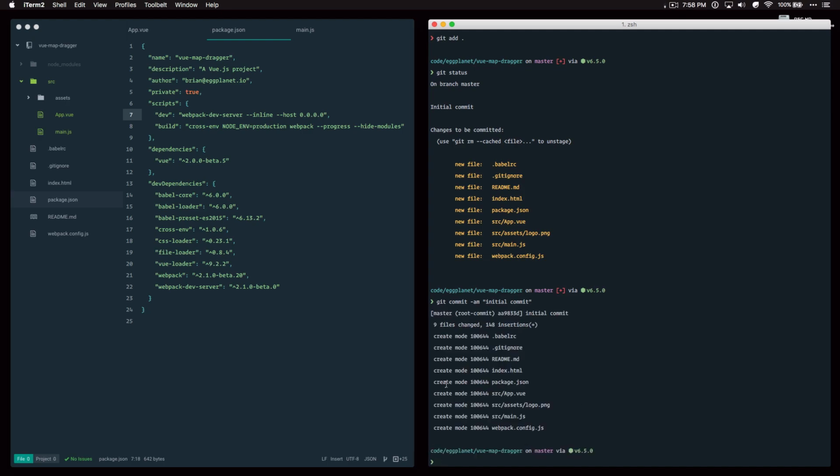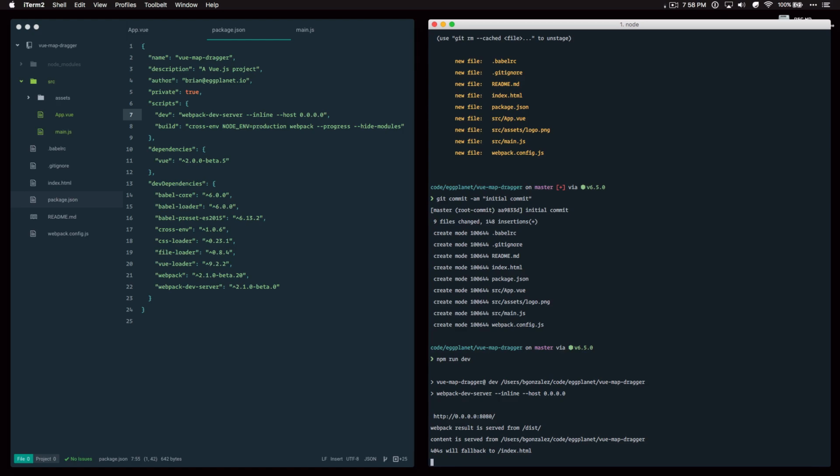Okay, and then the last step in the process is to make sure that everything is working as intended. So let's go ahead and type in npm run dev. And whenever we type in npm run, we're basically telling npm to look inside of the scripts section within our package.json and look for a command with that name. So we have a command, or actually vue-cli created a command for us called dev, and that just spins up a little webpack server that is serving our app. So let's go ahead and run npm run dev,